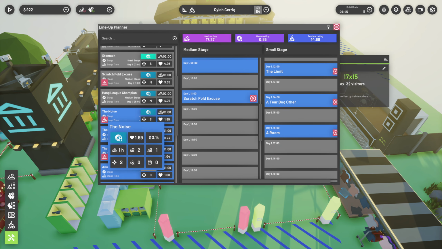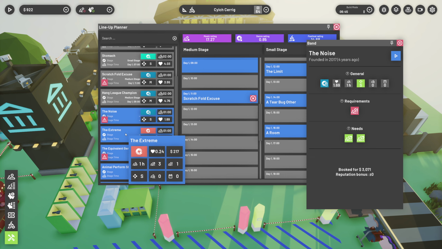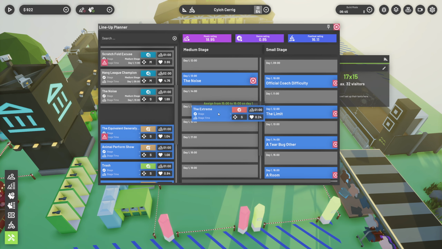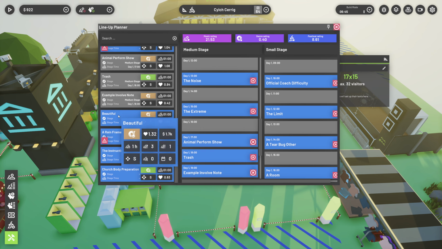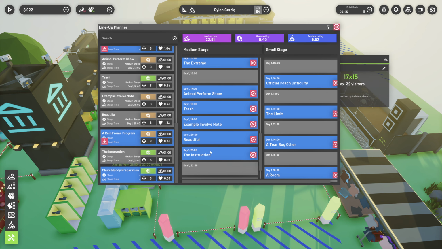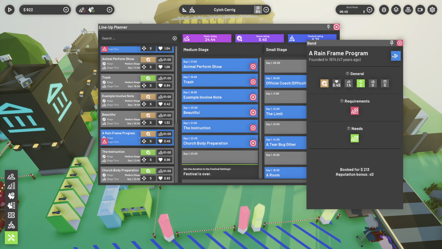Hang League champion, what do you need? What do you need? Earliest stage time, 11 a.m. Oh, that's okay. We can satisfy that pretty easily. What do you need? Requires a festival without the given genre of EDM. Hate to break it to you, bud, but there is gonna be EDM at the festival. Let's keep it pumping into the night. Keep the big stage going. What do you need? A rain frame program? EDM. Man, we got some EDM haters. This is less than ideal. Well, you know what? I would dearly love to...